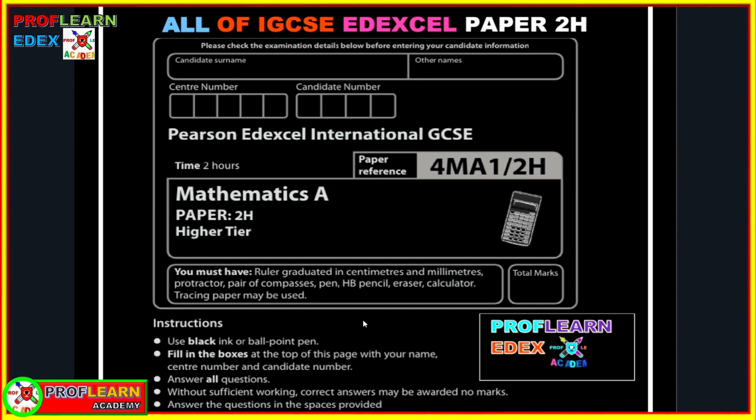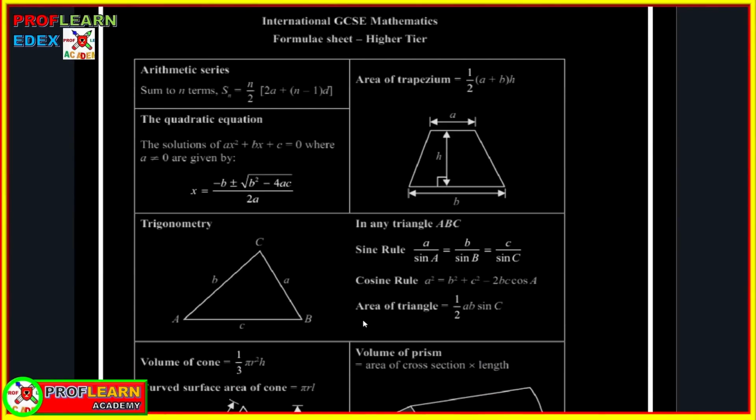Now we need to go straight and get to see what is provided for you. In the first page, you'll be provided with a formula sheet, which is going to try to make your life easy. So you can see here we have a set of some of the equations that are going to be very important when you are answering questions in this paper. So don't forget that these are provided, and be very aware of the area of a trapezium is provided, arithmetic sequence formula is given. The one that is not given is nth term of a sequence, so that one you have to know. You are given the quadratic formula,